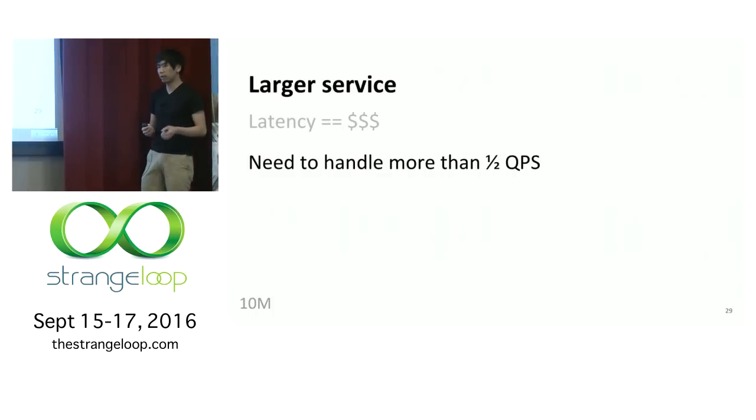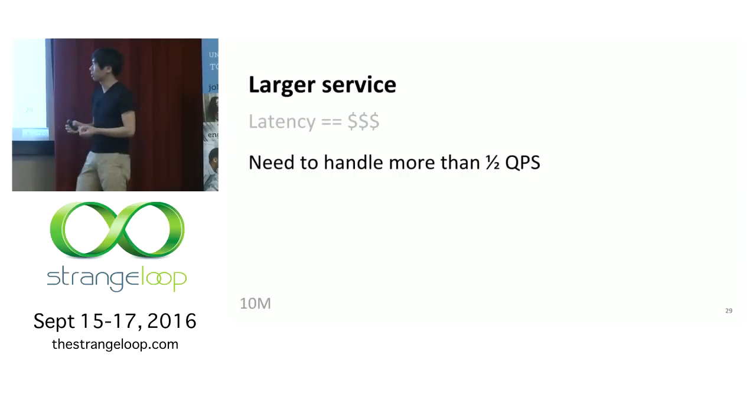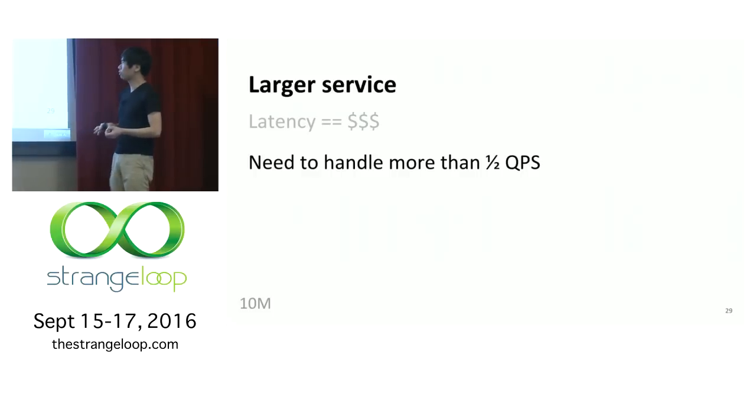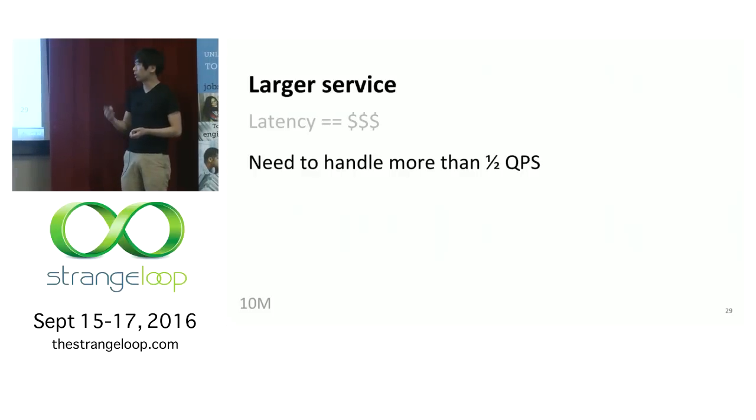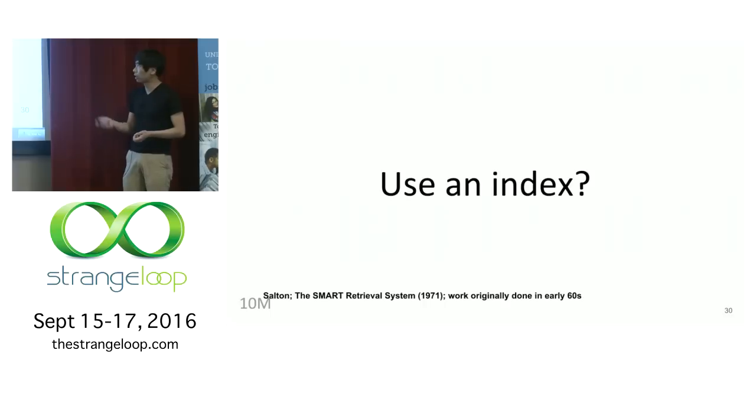I think Twitter in 2008, they're basically a Rails app. They can handle 200 QPS-ish, right? That's fine for many services, but as you get bigger, it's not going to work for like Google or for Bing. Half QPS is definitely not going to work. So what can you do?